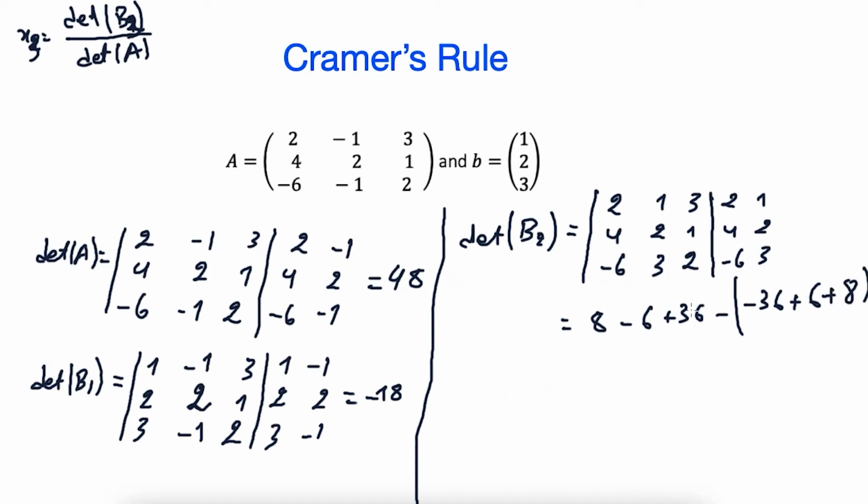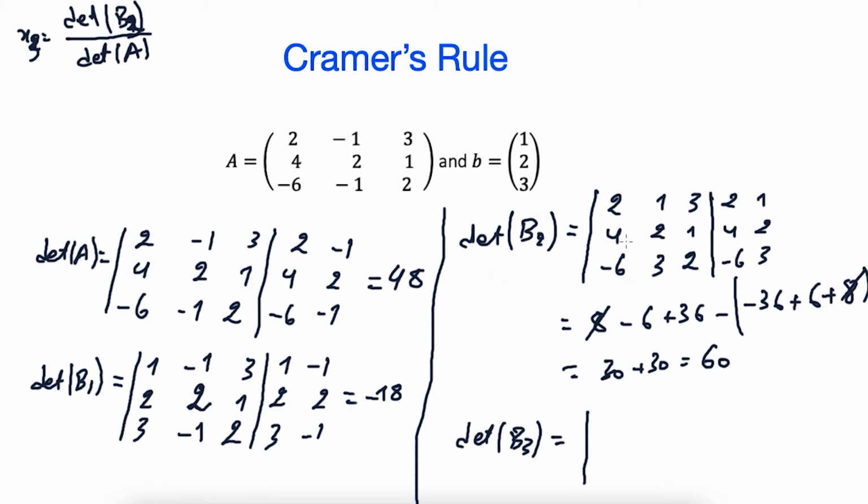So here we have 8 and here minus 8, so this 8 will cancel with this 8, and this here will be 30, and here minus 36 plus 6 will be minus 30, but here we have minus, so it will be plus 30, so equals 60. And the determinant of b3